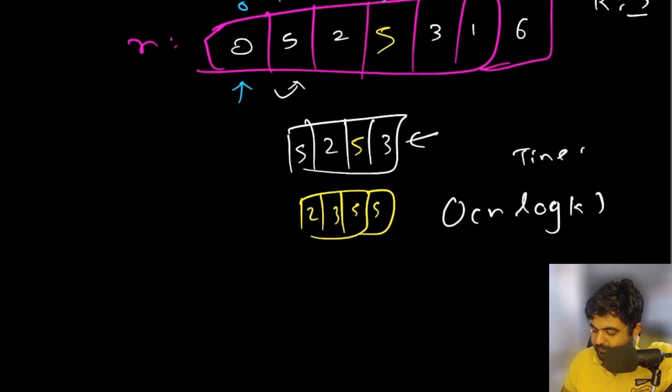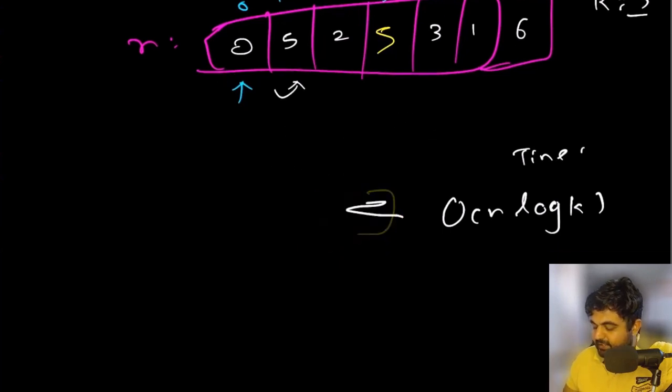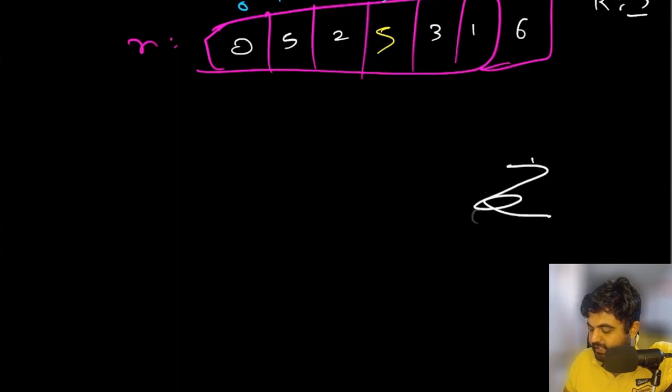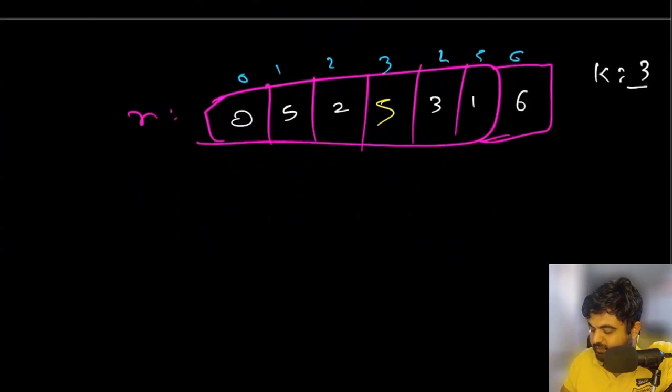So what is one improvement we can make? Remember, we are using a sliding window because we need to do this over subsequent values and find the answer. You can understand from the problem why we need to use the sliding window. But let's see what improvement we can make.